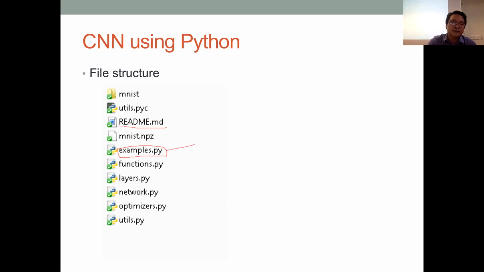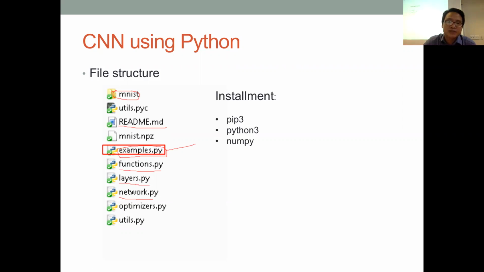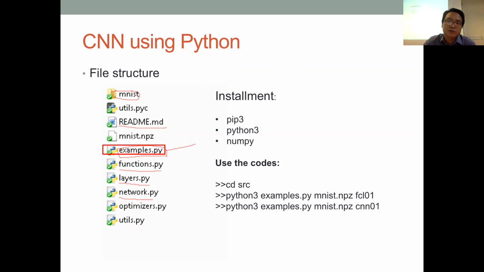The entrance will be here, and the data set will be stored in this folder. As you can see here, we have a few Python files. For example, you have a network class, a layers class, and functions, which basically include all the activation functions you are going to use. Anyway, you need to install pip3, Python 3, and numpy. Then when you use the code, you cd into src, which is the whole folder. Then in the command line you can run python3 examples.py,